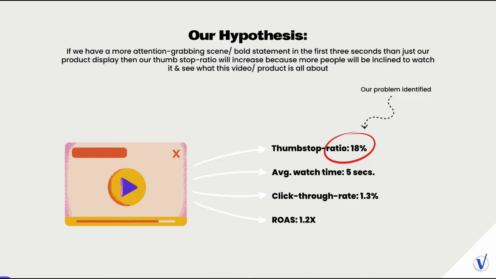So our hypothesis, however, is if we have a more attention-grabbing scene or a bold statement in the first 3 seconds, rather than just our current product display, then our thumbs up ratio will increase because more people will be inclined to watch it and see what this video or product is all about. So, we've now established our hypothesis, which I mentioned previously is the first thing we want to do